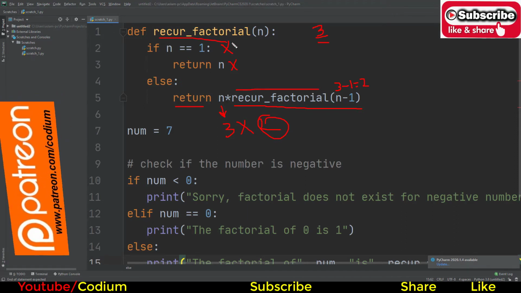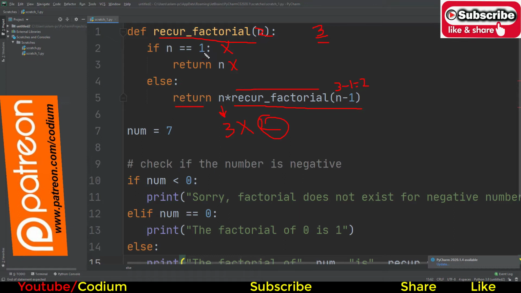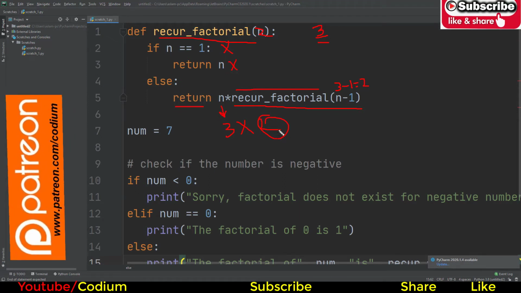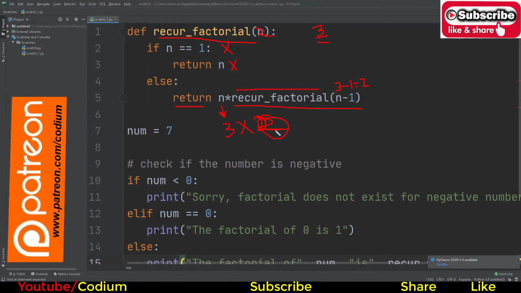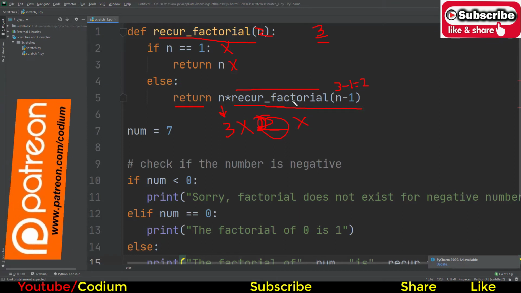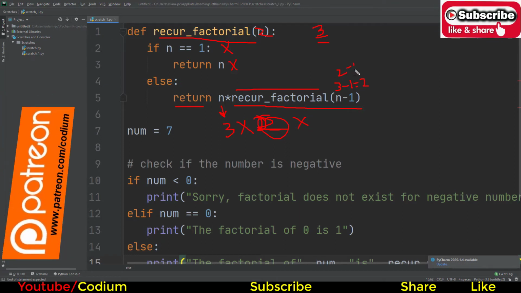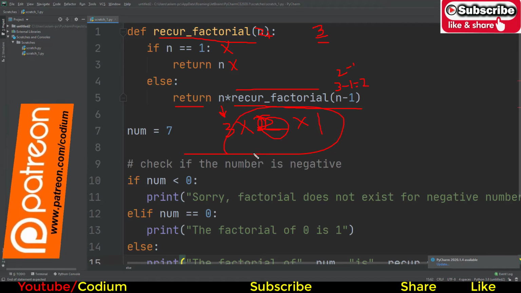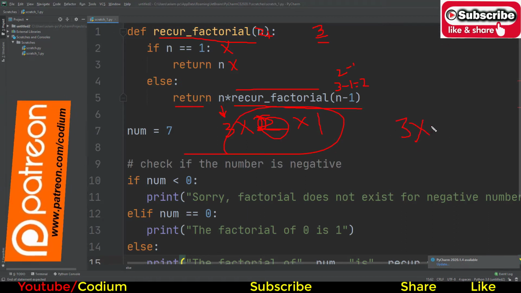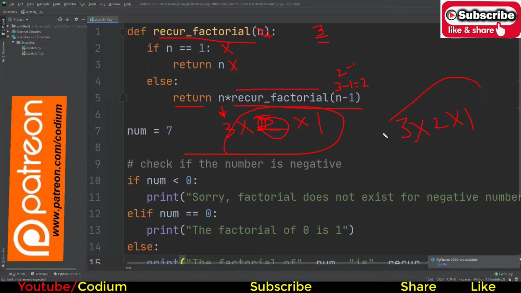Recur factorial of 2 is greater than 1, so it returns again, n value is 2, multiplied by recur factorial 2 minus 1, which is 1. Now the return value is 1, so the answer is 3 multiplied by 2 multiplied by 1.